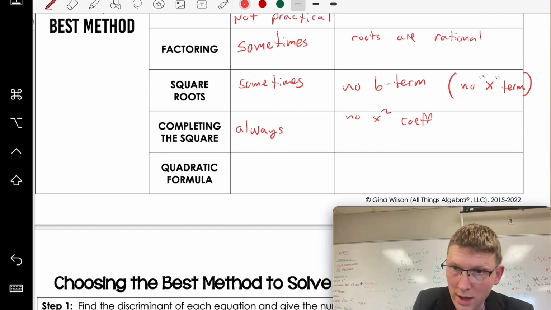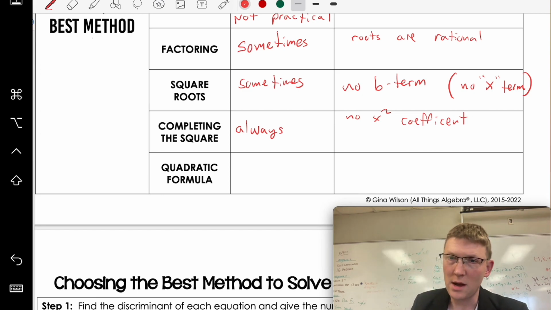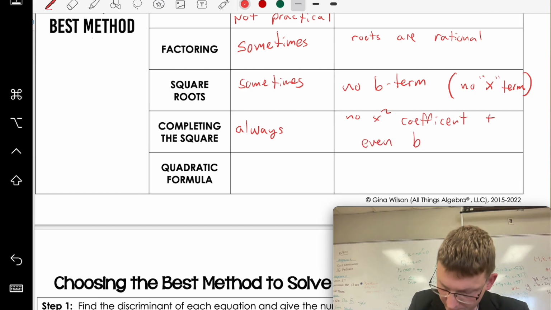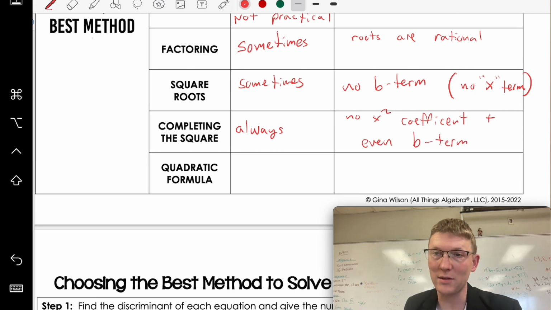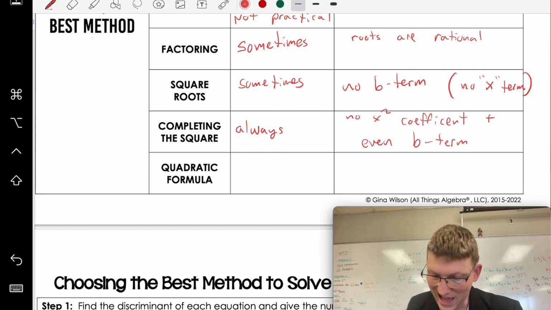And y'all already know I can't spell that word without checking it. And it also helps if there is an even b term. Again, the b term is the x term. So as long as there's not a number right there and b is even,